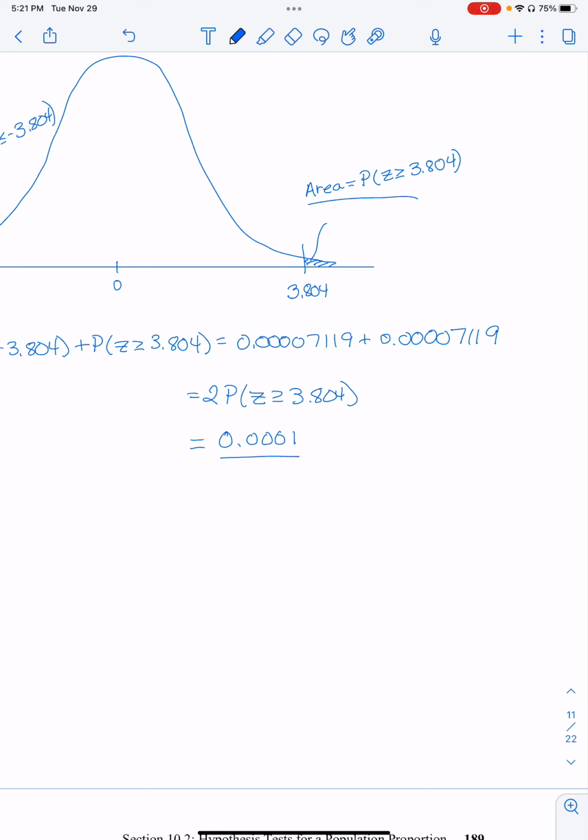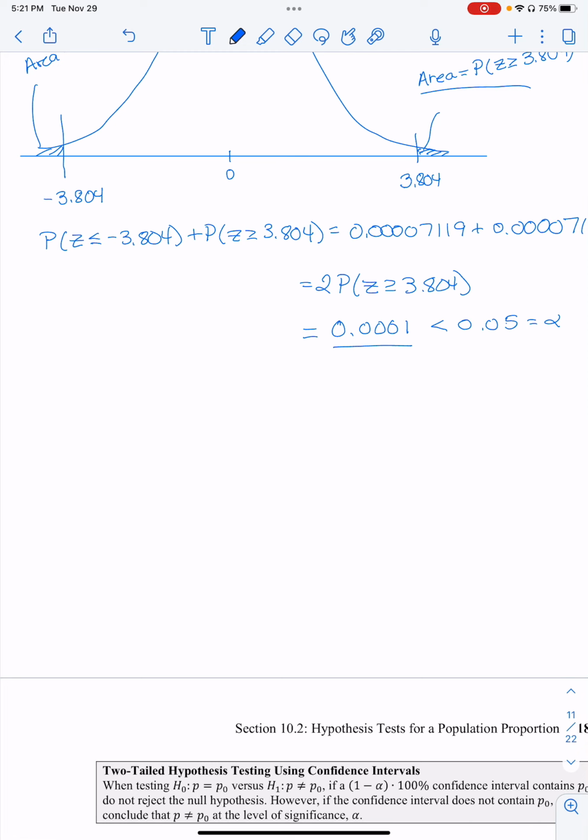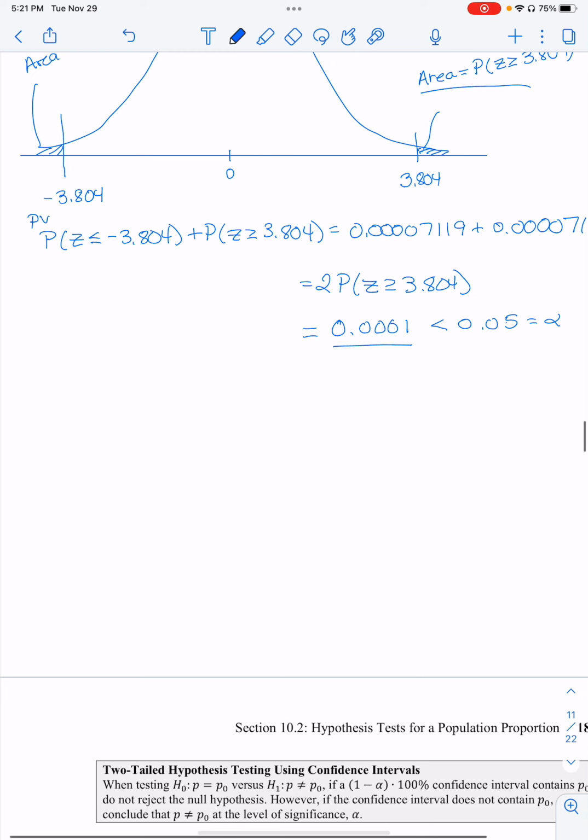So that's exceptionally small. It's definitely smaller than 0.05, which was equal to my alpha, right? So since it's smaller than alpha, and this is my p-value, okay? So this is my p-value. It's equal to that, so this is my p-value right here. And it's just the probability that you're in one of these two tails right here, over on the top, okay? So you're either over here or you're over here. All right, so then what we can say is that